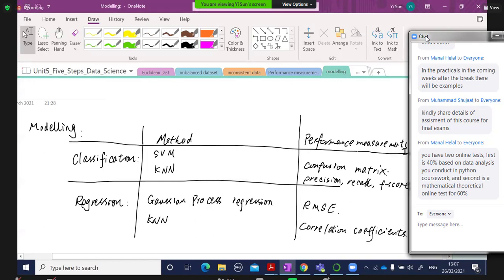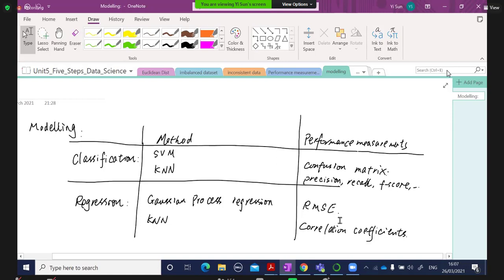For performance measurements, she used the confusion matrix for classification, and she used the mean squared error and correlation coefficients for regression. And during the modeling, she divided her data set into training, validation,